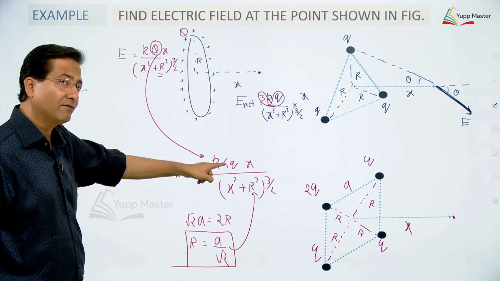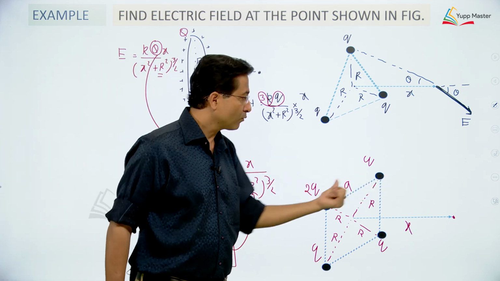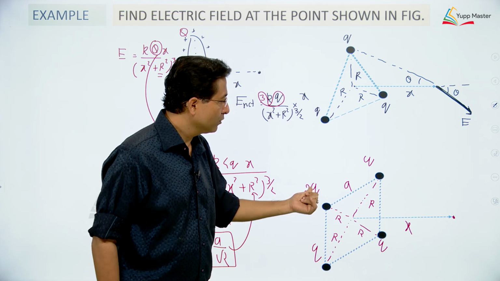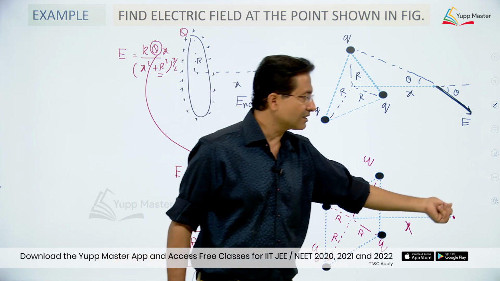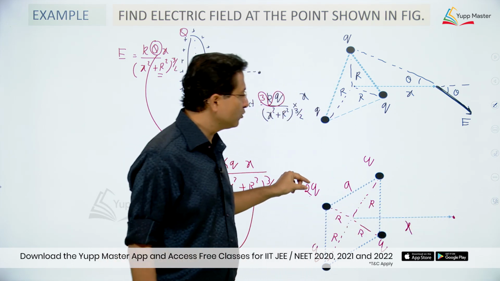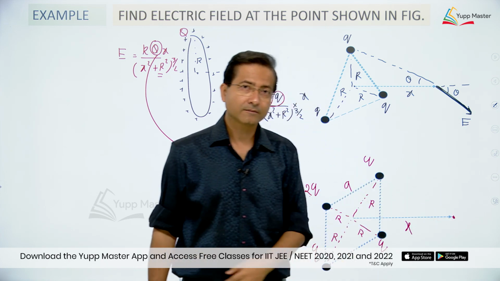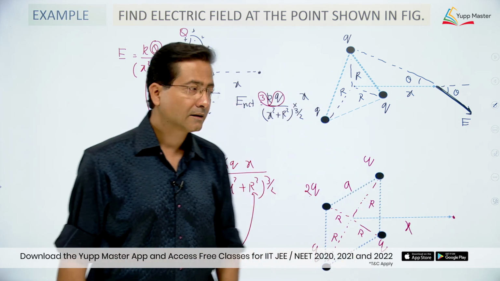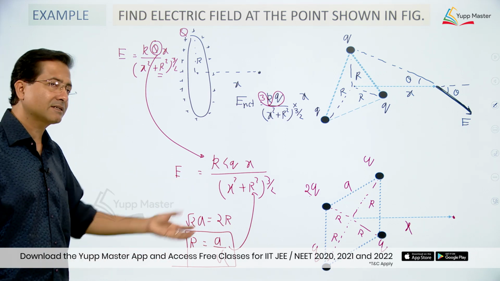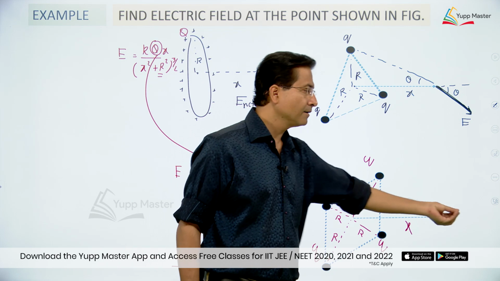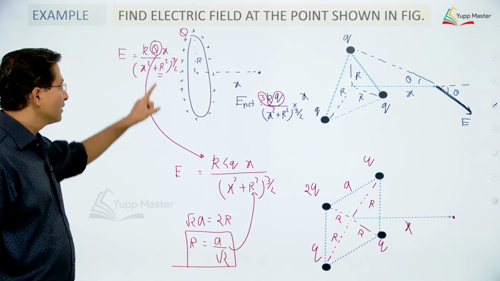So, here I write 5q, but that will give me only the x component. For the y component, I can find out using this one. All the q's will cancel each other at this particular point. The one q which is left will produce the field in this direction, right. So, with a symmetric distribution, straight away we can say that the field will be along the x axis, and the magnitude of the field is given by this expression,